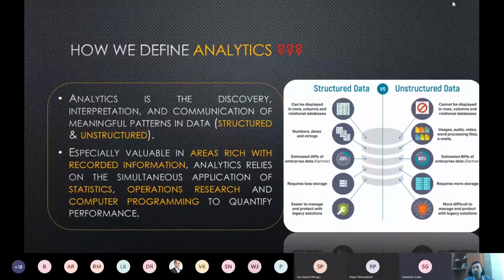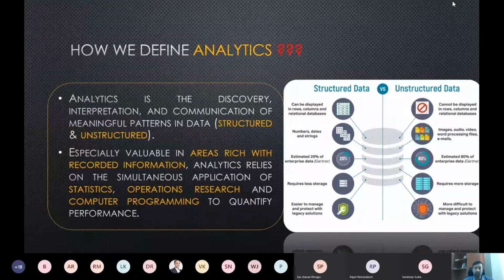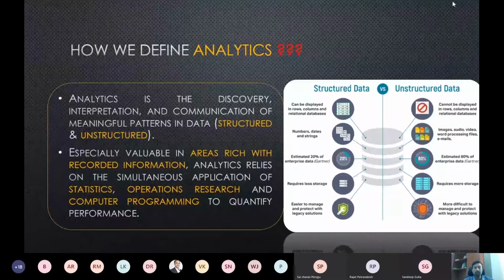So it's important to understand and measure a particular performance parameter, and then we can do some sort of benchmarking, like how a firm is doing over a particular issue, over a particular performance objective, and then we can take corrective actions accordingly. So that measurement and that correction is very important.